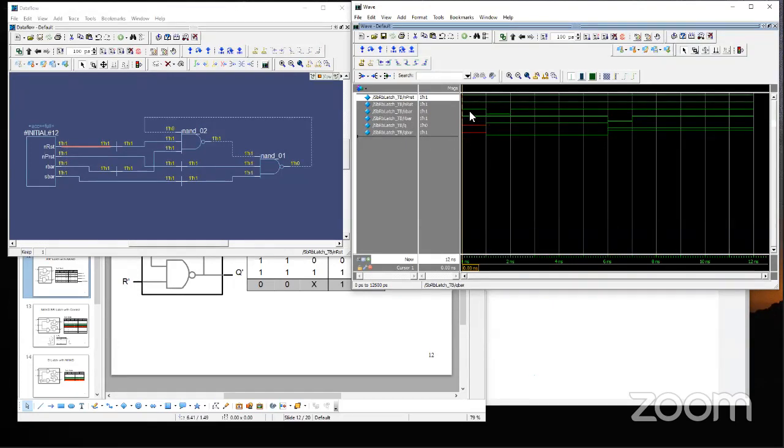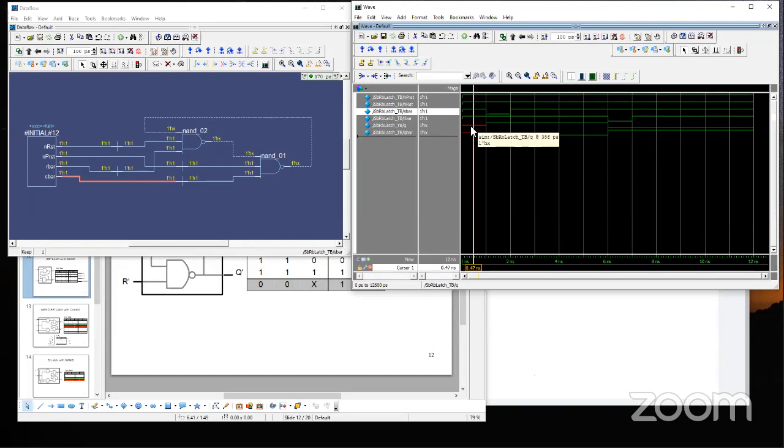Okay, so at this point, your SBar, RBar is 1-1. But see, the output is all unknown, because at that point we really don't know what the output is. So it is unknown at that point. And that's why this preset and reset is needed in a real digital circuit, to make it start from a known state. That's what we are discussing in this sequential element lecture as an initial condition, or G0. That function value, that initial value, is what we set with the reset and preset.